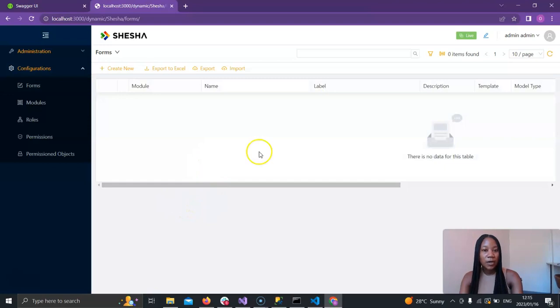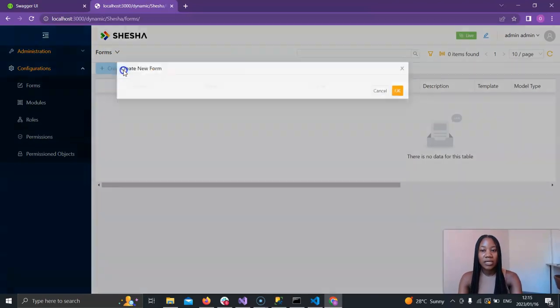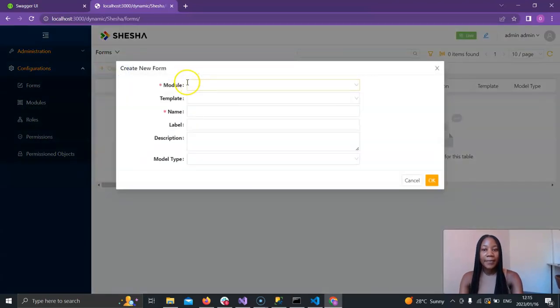Great, so this part of the admin portal dashboard layout lists all the configurable forms that you do have available in your system, and right now it is empty, so let's go ahead and create our first form configuration by clicking on create new. And this brings up a pop-up modal which takes in 6 values, which I am going to explain right now. The first value being a module, which we just created right now to group your form